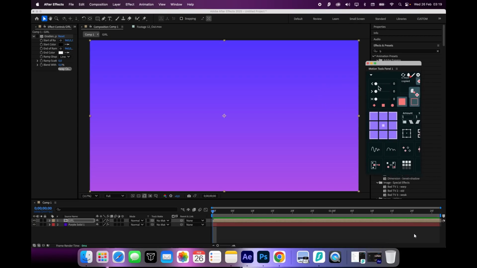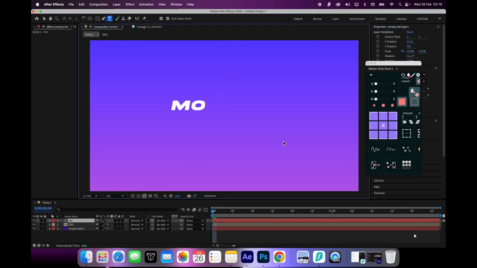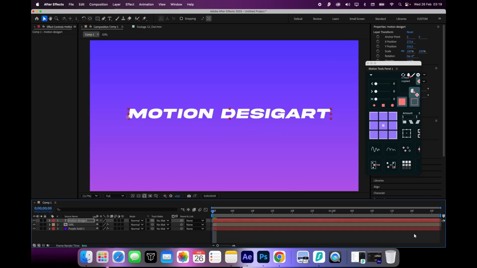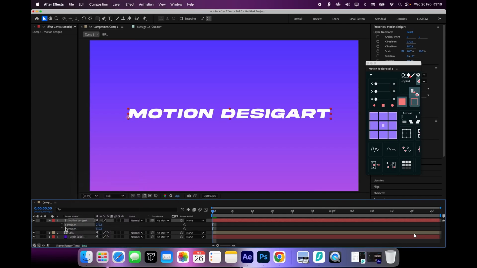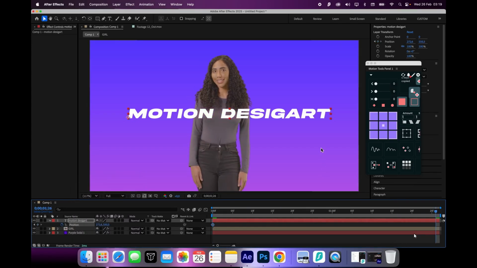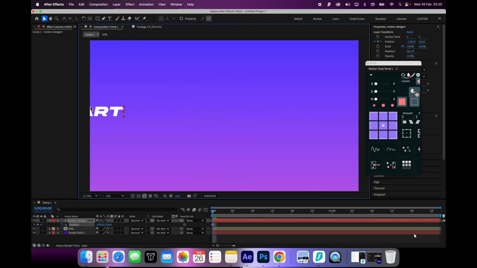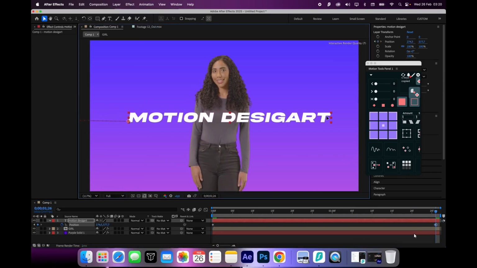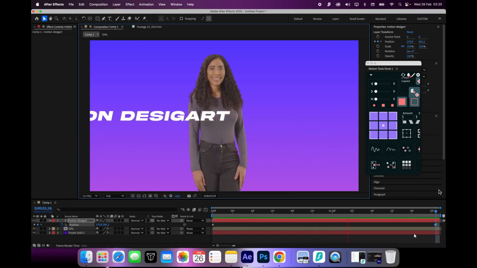Okay, the second thing, I'm using these sliders for making my animation smooth. When I'm adding keyframes, for example, I add a text here, Motion Design Art, and I want to animate the position property. At the start I want it to be here, and at the end it comes to this side like this. And if I play,